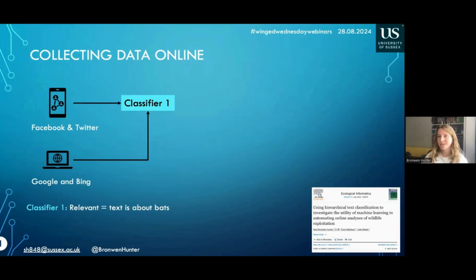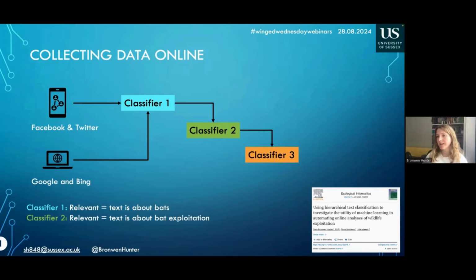And after each classification stage, those that were irrelevant were discarded. The second classifier identified texts that were about bats, just in general terms, versus those that were about bat exploitation. And then finally, as I mentioned,